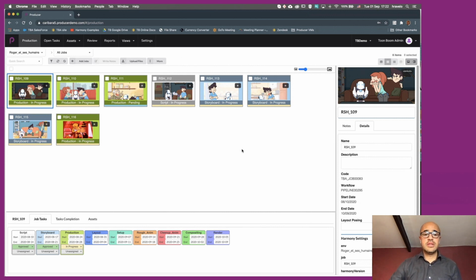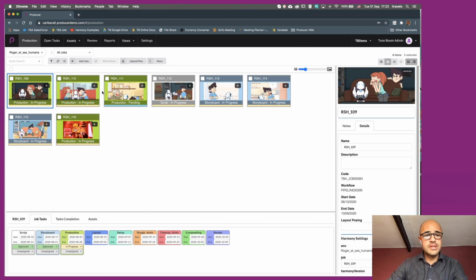You can now see the episodes in this particular production in a tile view, and the first thing that jumps at us are the colors. You can color code each progress or status for each episode. For instance here, and you can see it down here at the bottom, that script is in white, storyboard stage is in blue, and production is in green.